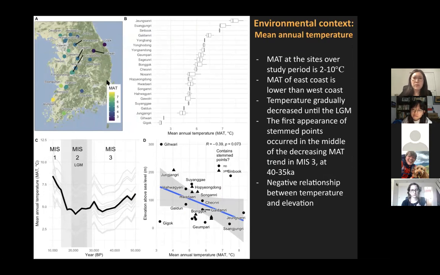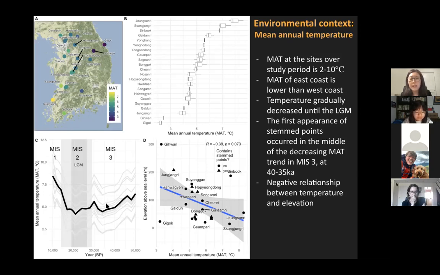The East Coast is relatively lower than the West Coast. The temperature gradually decreased until the LGM, the Last Glacial Maximum, around here. And the first appearance of stemmed points, which is the technological transition, occurred in the middle of the decreasing trend, around here.